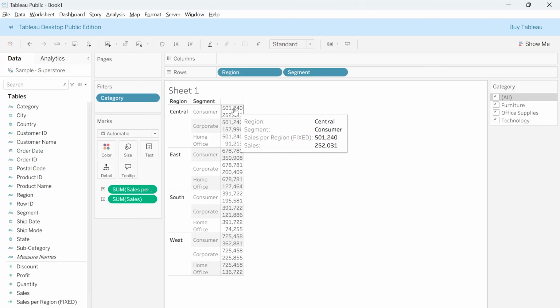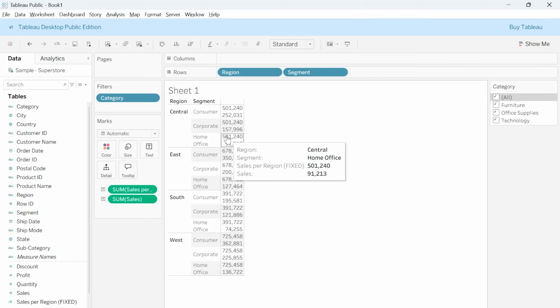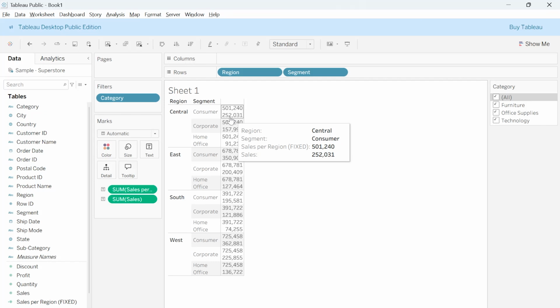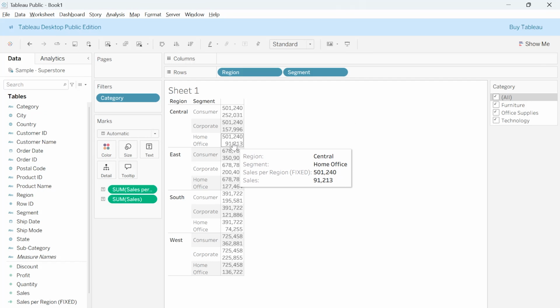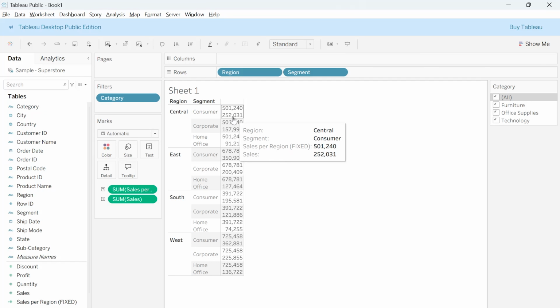First is our fixed LOD, which is giving the same result across all segments in a particular region, but when it comes to the normal sum of sales we are getting a different result for each segment in each region. And if you add these results, that is 252,031, 157,996 and 91,213, you will end up getting the result as 501,240